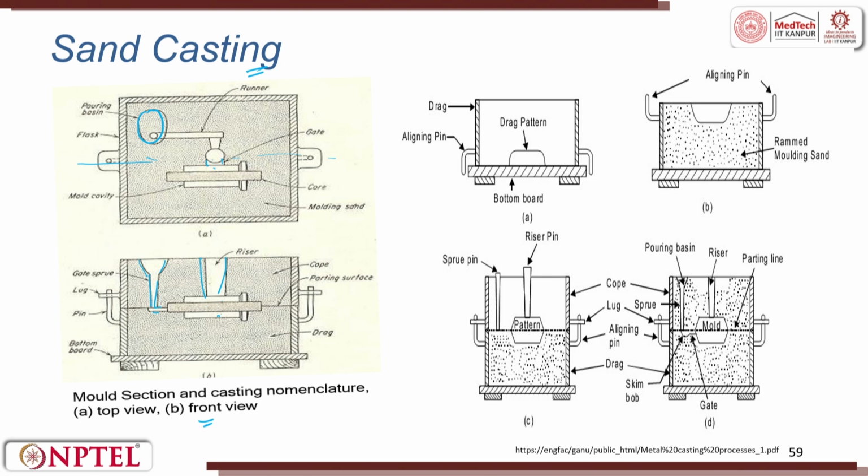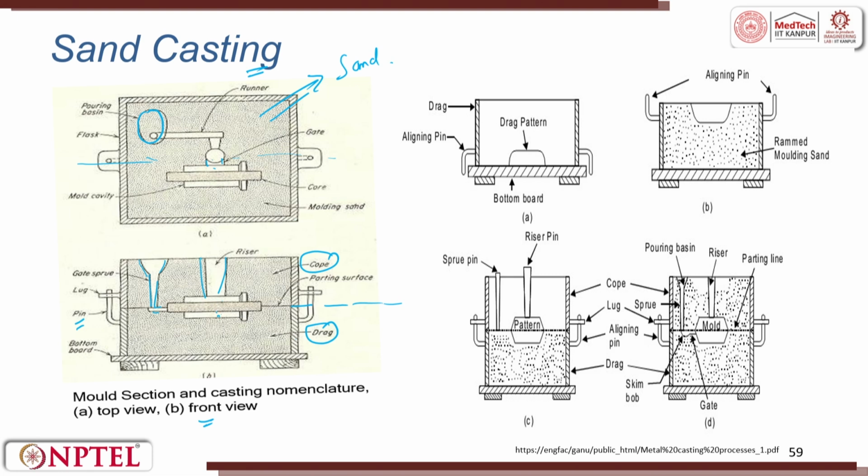So, top view, front view. In the front view, you can see there is a parting line which divides top and bottom, which is cope and drag. The cope and drag are attached, because they should not move. They are attached by using a lug and a pin. So, this entire dotted black portion is the sand. Here the top view and the side view you can see, which clearly says that the cross section area is a square.